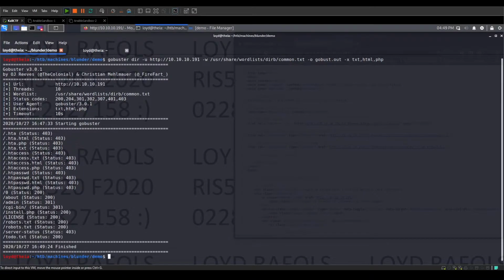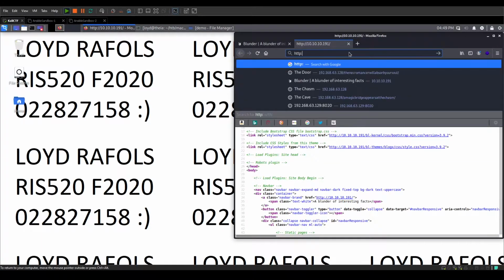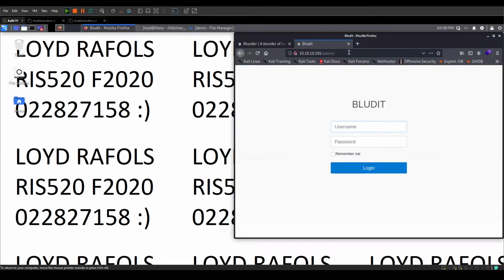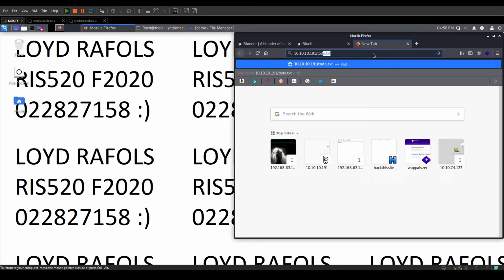Alright, gobuster just finished, and we can see a couple files were found. There's admin here, which has a status of 301, which means that it redirects to somewhere else, as well as todo.txt, which returned a status 200, which means that it was found. That said, we can try to navigate to both of them. So /admin leads us to the admin login interface for the Bludit instance, which is a CMS. If we go to todo.txt,